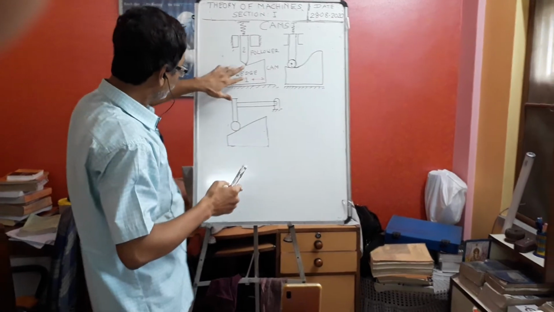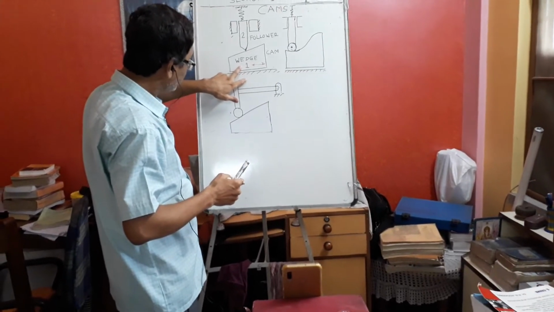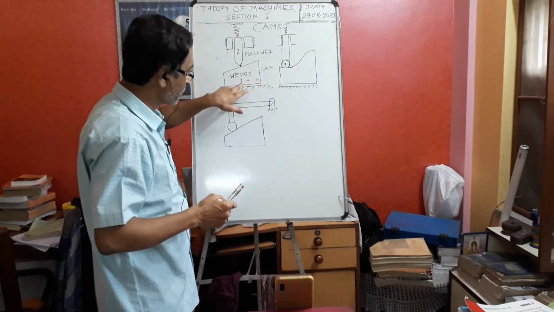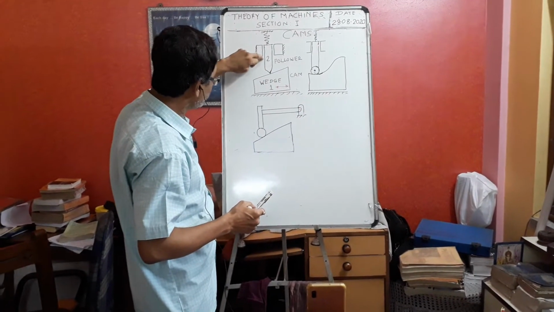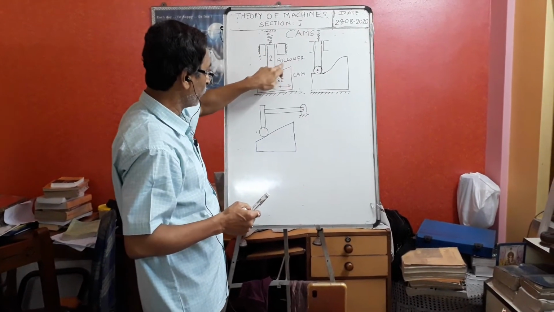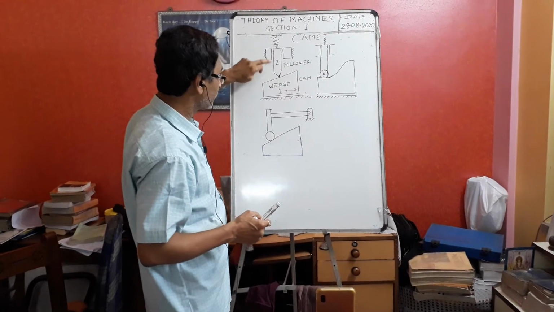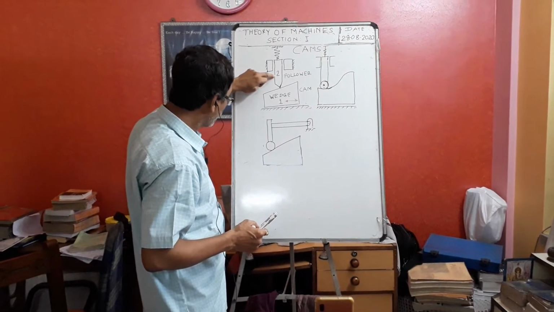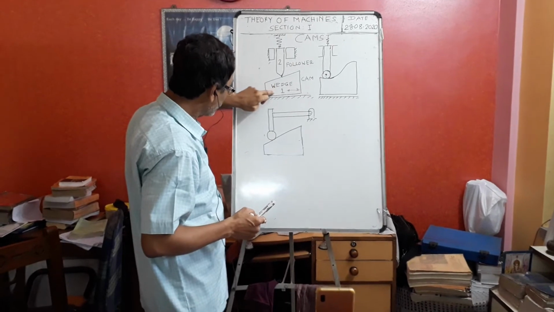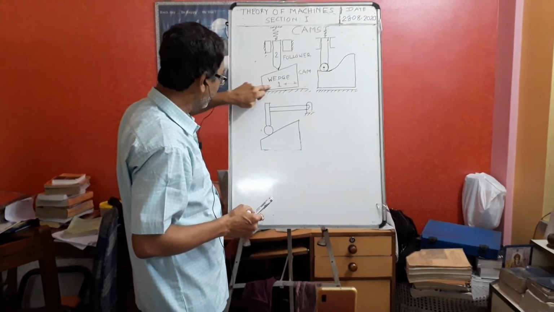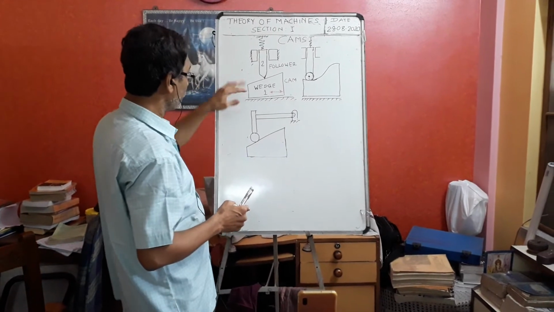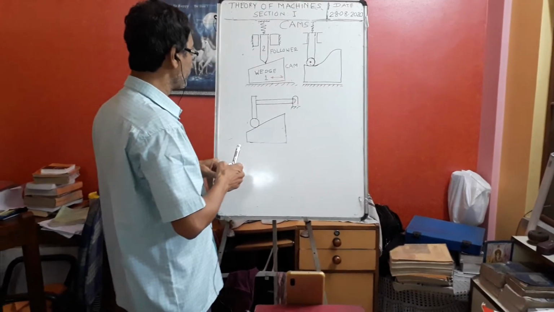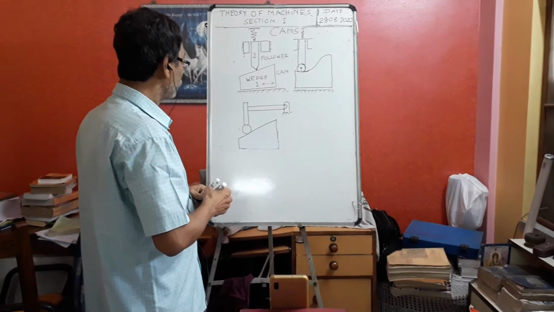So that's why this is called the cam. The cam is the primary motion, and the motion of the cam is followed by link 2. That's why we call it a follower. So this is my cam and this is my follower. The follower follows the motion of the cam, and the cam can be of any type, which we'll discuss. In this cam and follower system, there are basically 4 things.